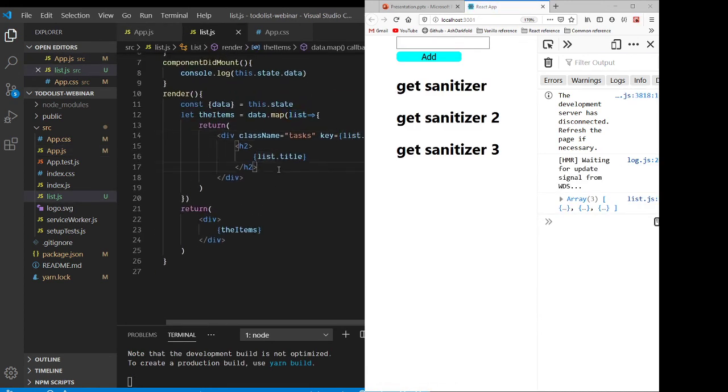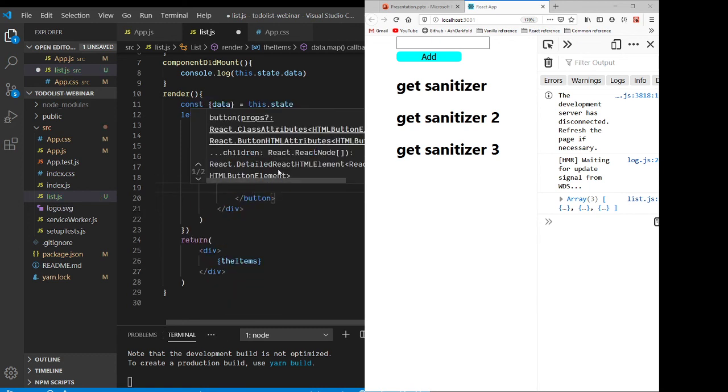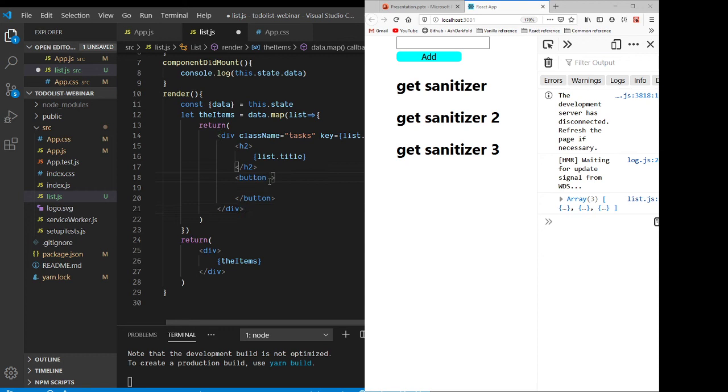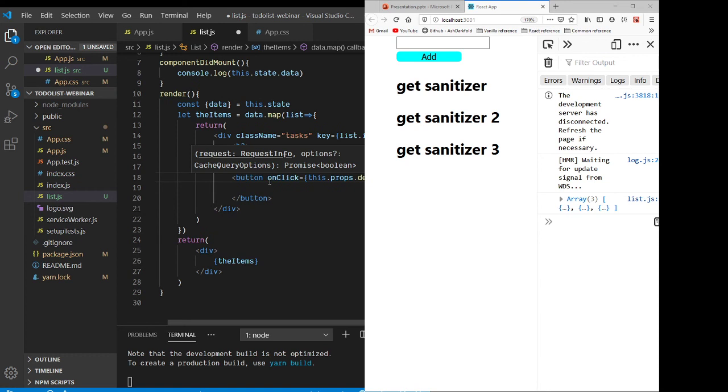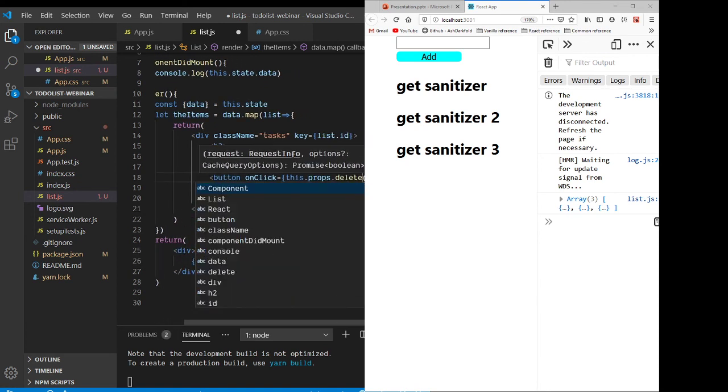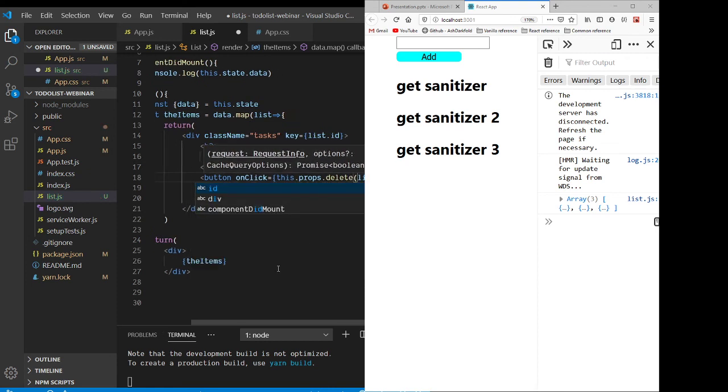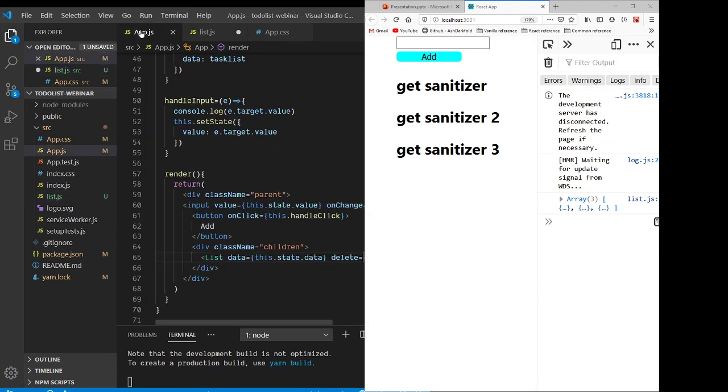So let's just define a small little button right here, and we can simply call onClick. We'll do this.props.delete. And you might think we can just simply pass props here, right? We can just give it a list.id and this will work, right? But this doesn't really work because